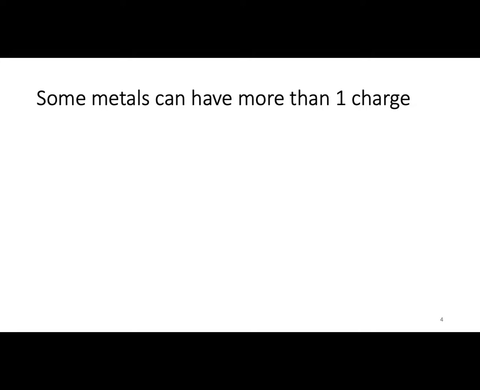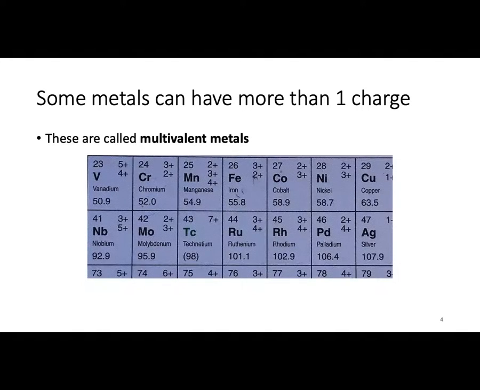Okay, so let's start with multivalent metals. Some metals can have more than one charge. These are called multivalent metals. These are usually the transition metals. And here's an example. Chromium can be